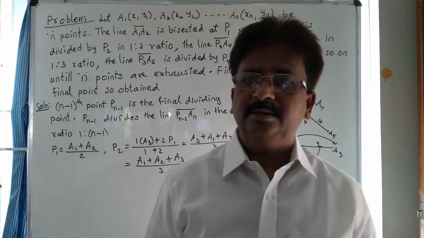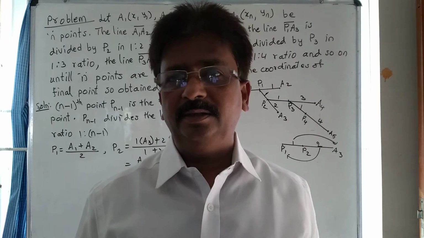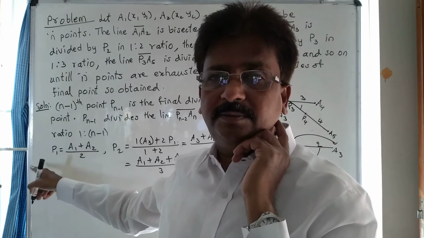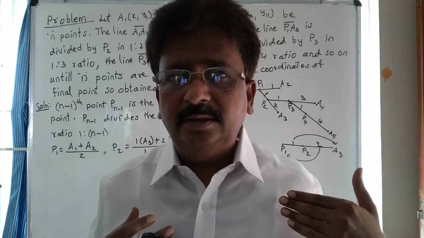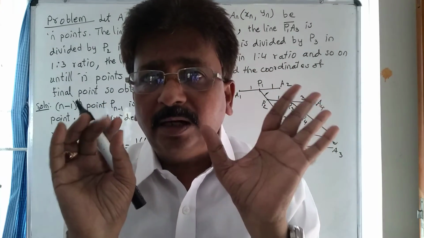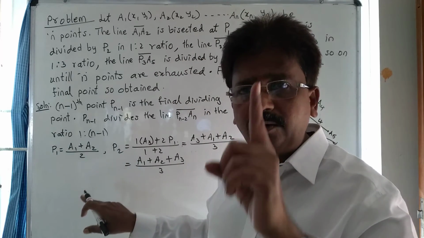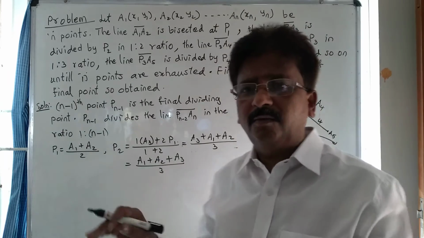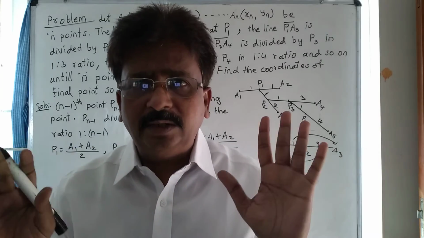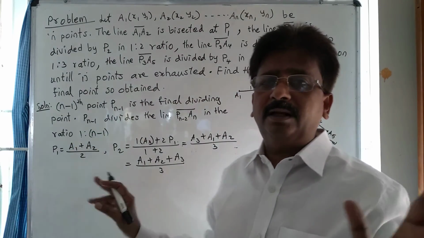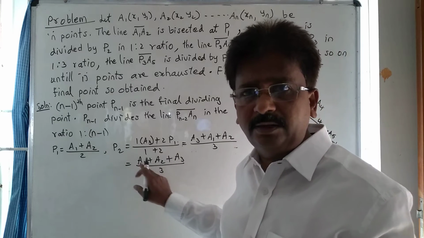Are you observing the sequence or logic of the coordinates of the dividing points? Observe the logic. I mean, the left side suffix of P, what number is there? The suffix of P is 2 here, and you have to observe the right side, what coordinates are there. Completely given points A1, A2, A3, A4, etc. are there, and observe the final suffix. The final suffix is 3 here, starting from 1, 2, 3.